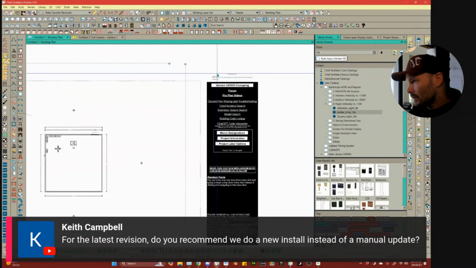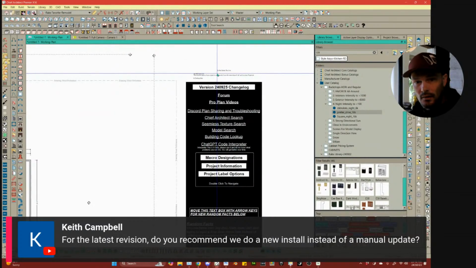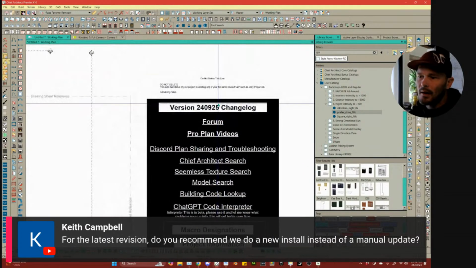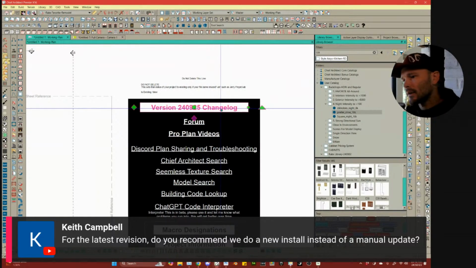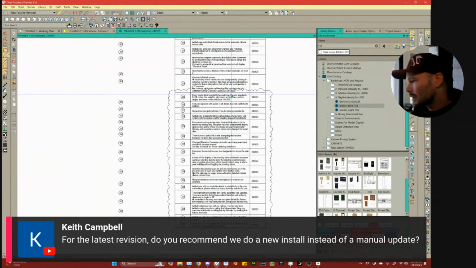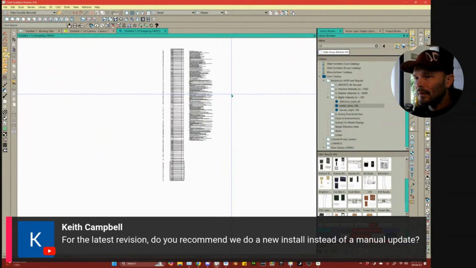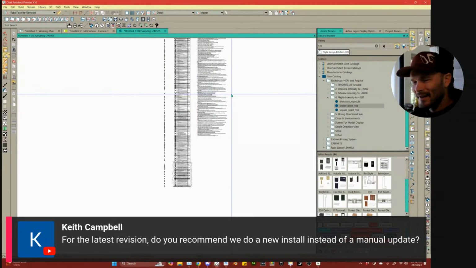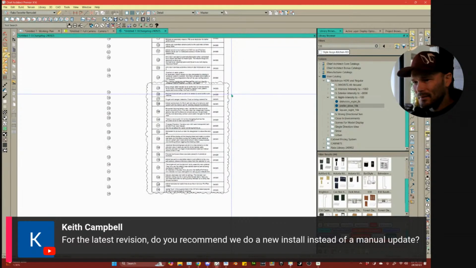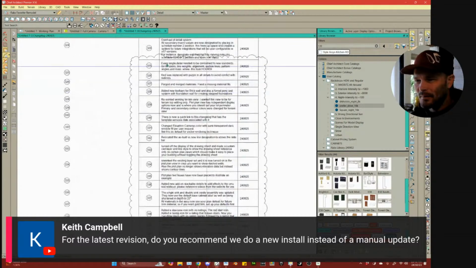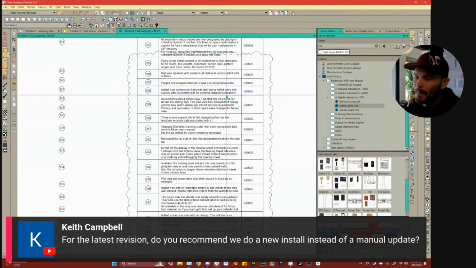If you open up the newest version of the Pro plan, because I update this quite frequently, in the sidebar now is the version name and a link to the changelog. So if we double click this, it takes us to the changelog, where you can review the million changes I've made over the years, which I'm going to start changing the way that this is reported, so maybe it's a little bit more comprehensive. But here's a listing of the most recent changes,